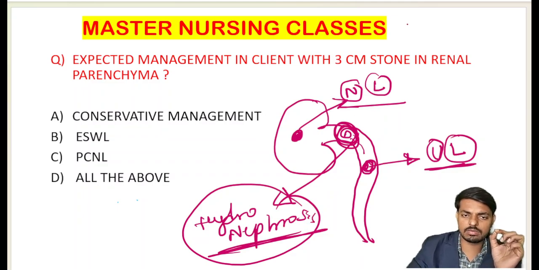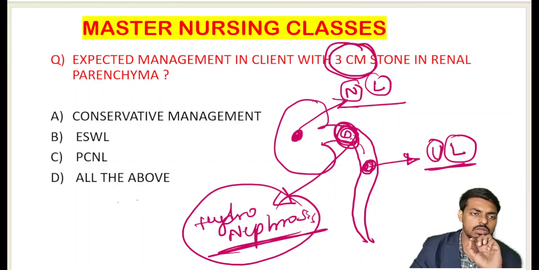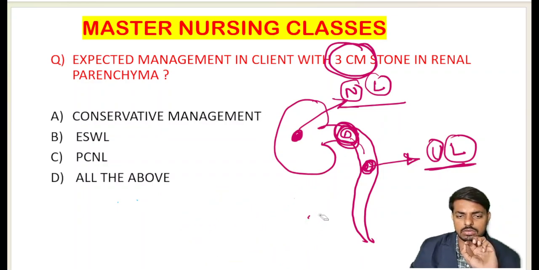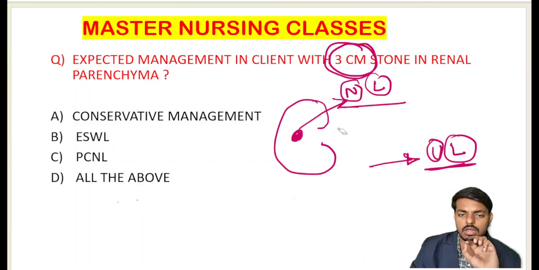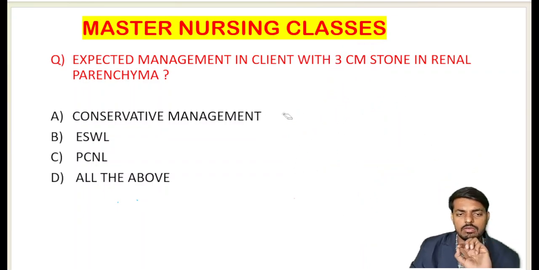Okay, so what is the examiner asking? What is the management? The examiner is asking the expected management when the stone size is 3 centimeter. Let me build your concept here for solving all these questions. If the size of the stone is only